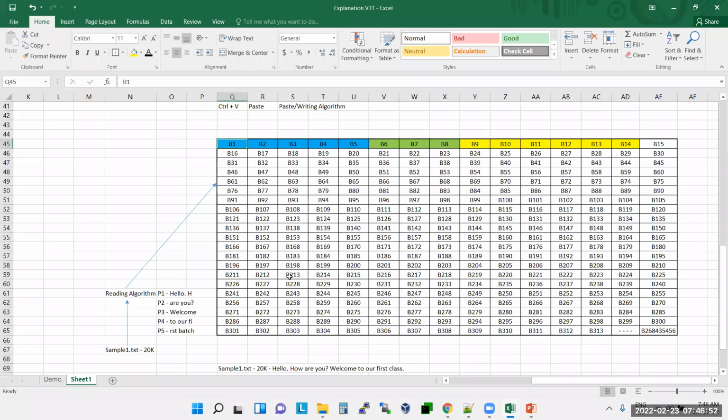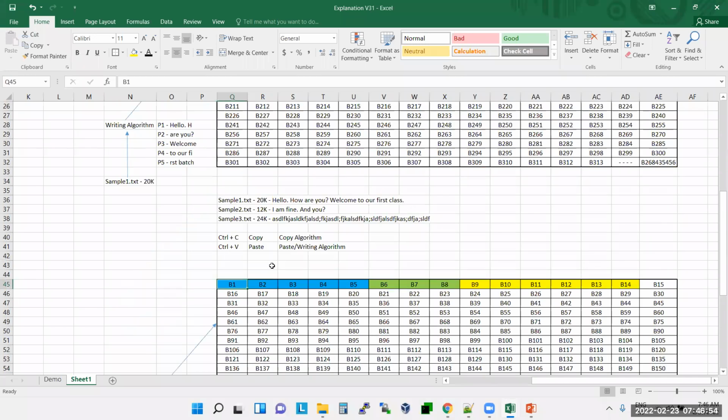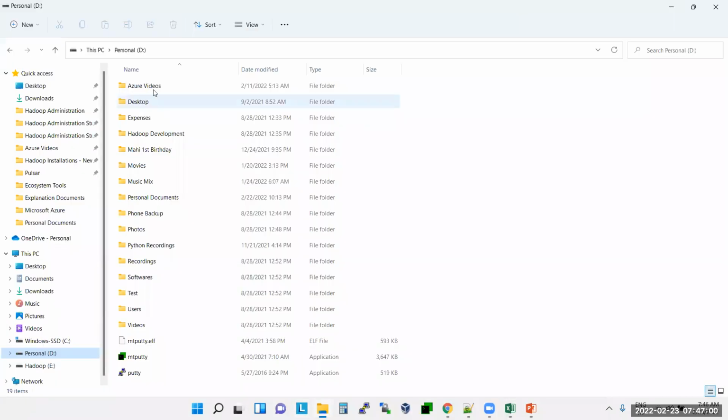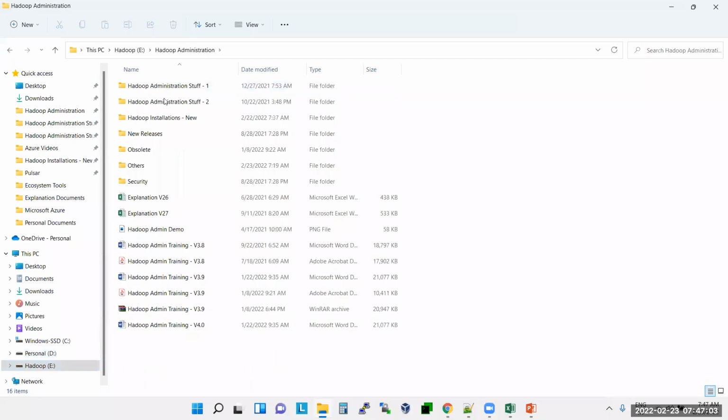We'll do one thing. We'll put what the writing algorithm is doing into steps, so that you will understand better. We'll have a track also for that.